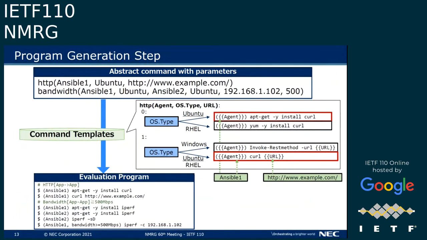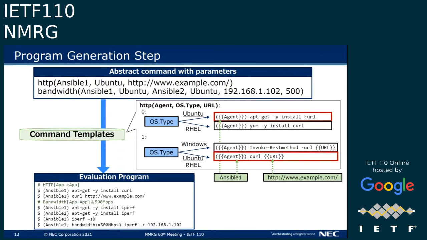After the parameter search step finished, the abstract commands with parameters are translated into the concrete evaluation scripts by referring to command templates. Each command template defines mappings from an abstract command to ordered tuples of executable scripts and their agents. Each tuple of a script and an agent has conditional branches based on the input parameters. For example, if the type of client OS is Ubuntu, these red scripts are chosen and acquired parameters are substituted